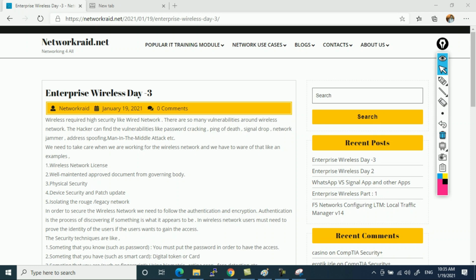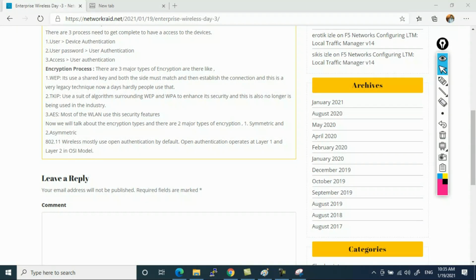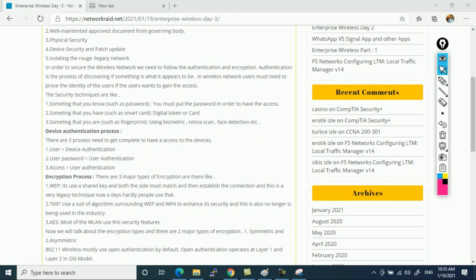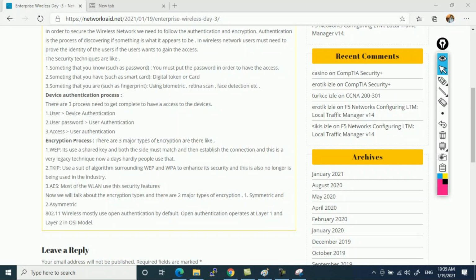Alright guys, next we'll be coming to the IEEE authentication, because IEEE 802.11 is the wireless standard, and they use some authentication procedures. They also use some key types: WEP, which is obsolete now, TKIP, which is also obsolete now, and AES, which is there. They also use another kind of encryption mechanism, symmetric and asymmetric. These are the two kinds of